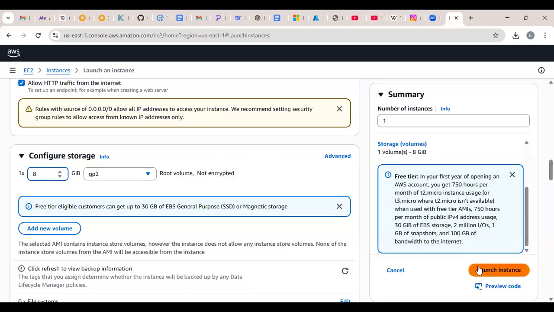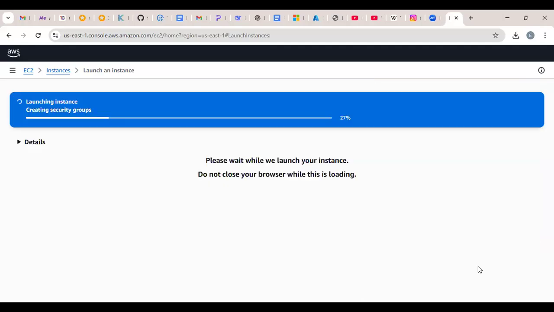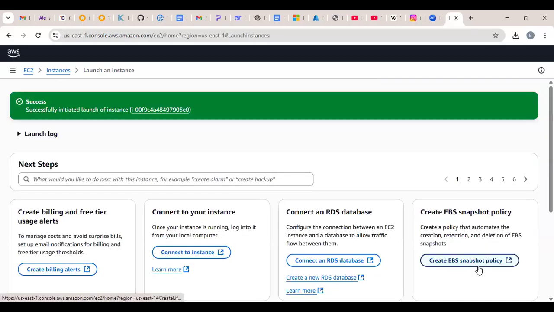So let's launch the instance. We're going to launch an instance. You can see it says successfully initiated launch of instance. When we click here, you see